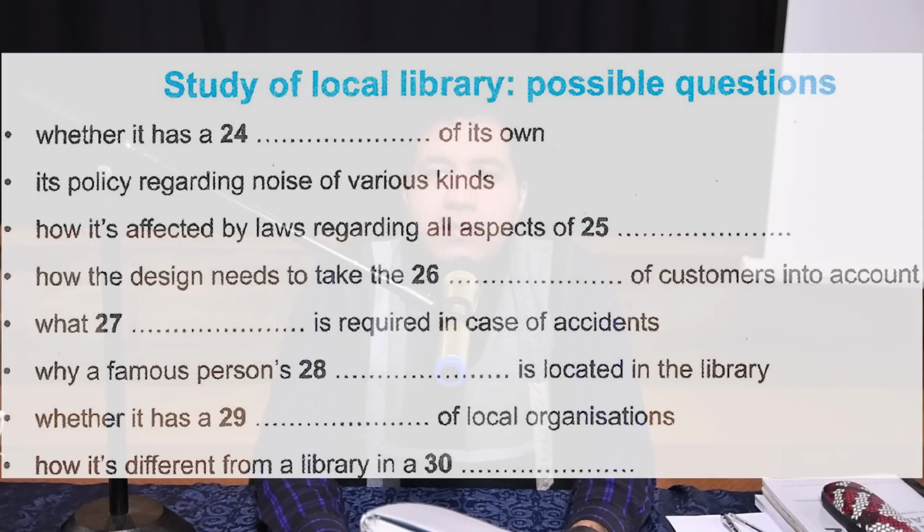I've just had an idea. Why don't we make an in-depth study of our local public library as background to our paper? Yes, that'd be interesting. And raise all sorts of issues. Let's make a list of possible things we could ask about, then work out some sort of structure. For instance, we could interview some of the staff and find out whether the library has its own budget or if that's controlled by the local council. And what their policies are. I know they don't allow food, but I'd love to find out what types of noise they ban. There always seems to be a lot of talking, but never music. I don't know if that's a policy or it just happens. I've often wondered.